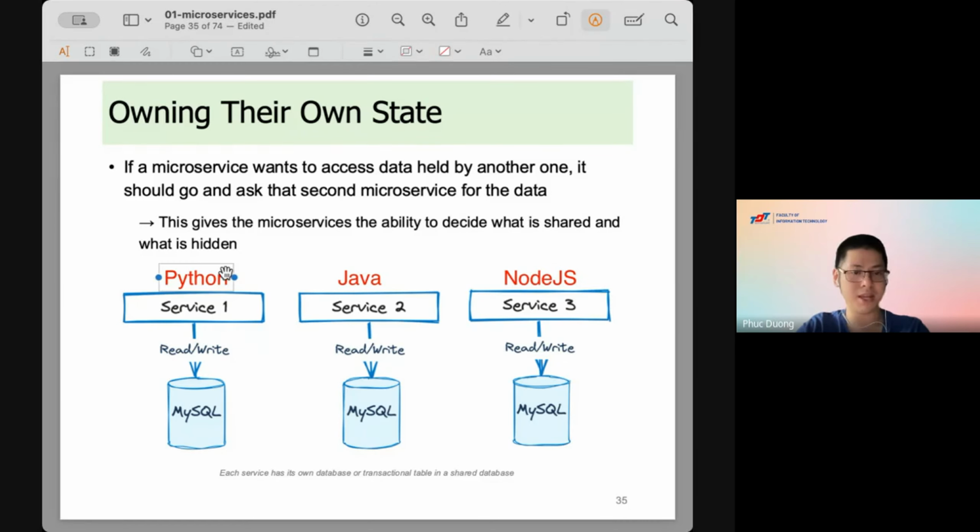And for the DB, the first microservice we use MySQL, okay. The second one we use MongoDB, and the last one we use some kind of GraphQL. Okay, so you can see that your system will now have a diversity of technology.